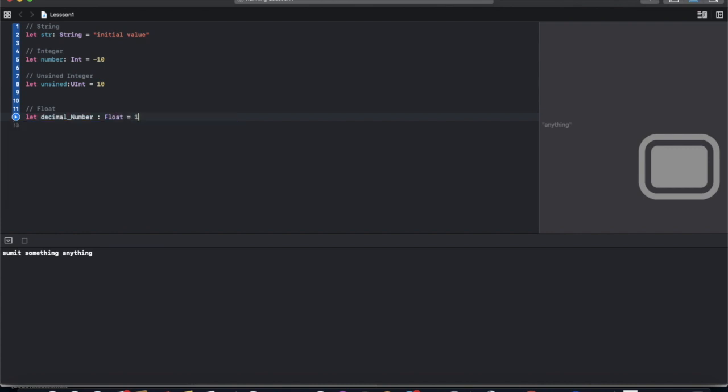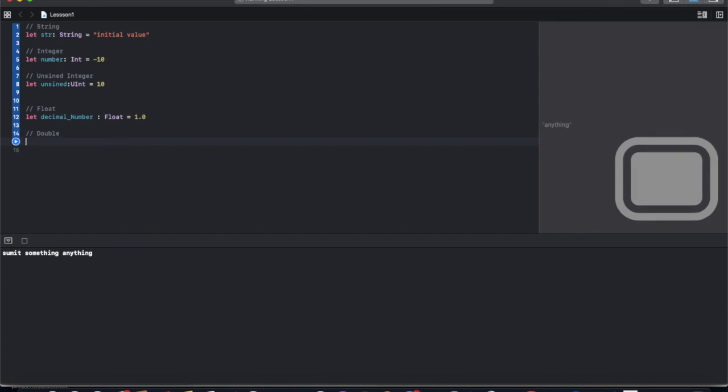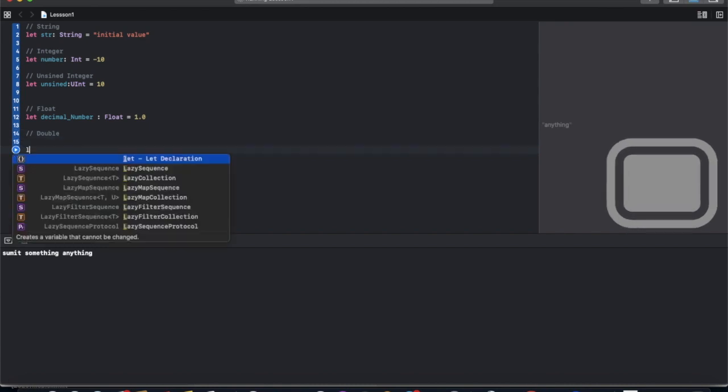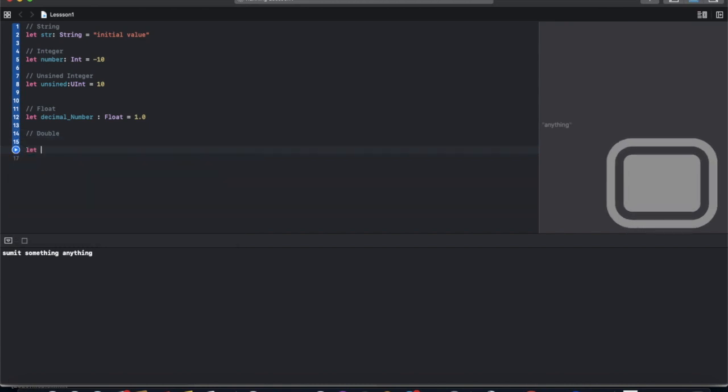We can provide any float value. We have Double. Double is like a float, but the difference is the range. Double has a higher range than float.